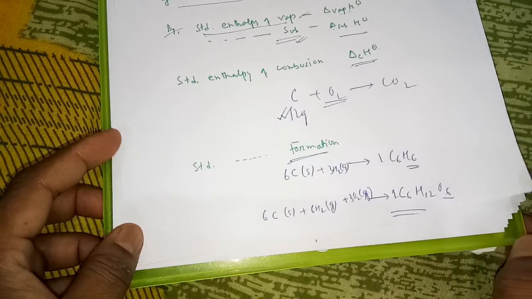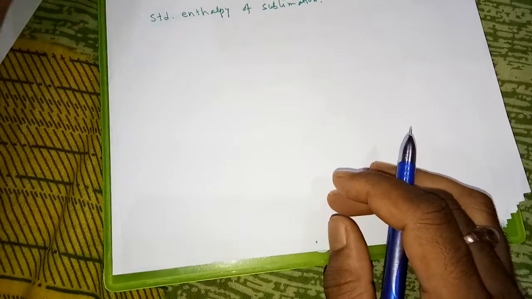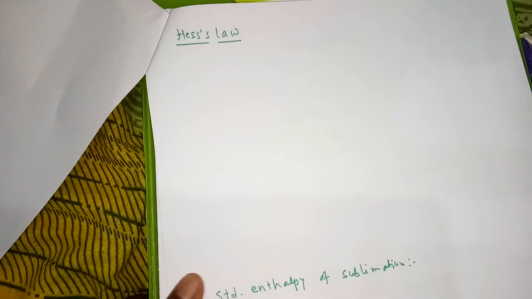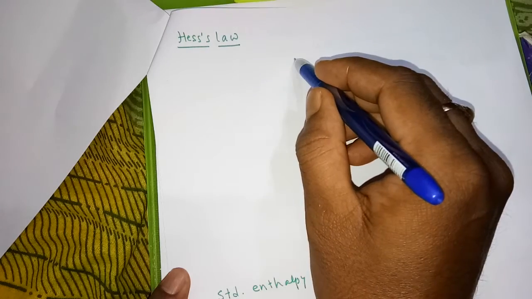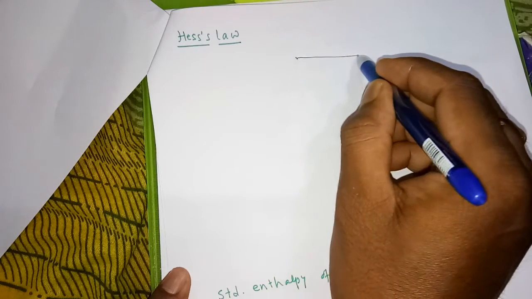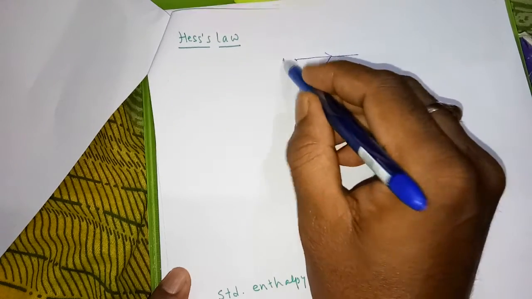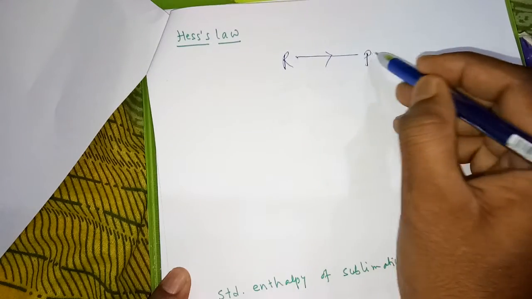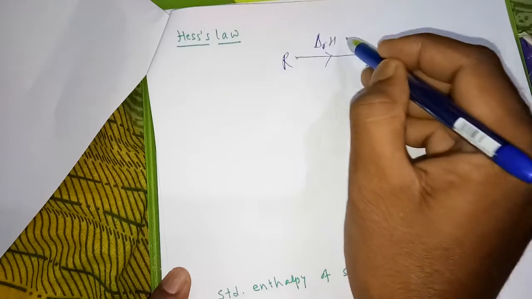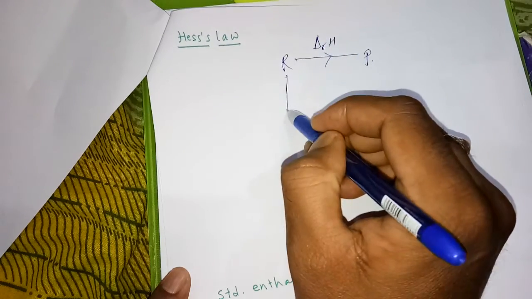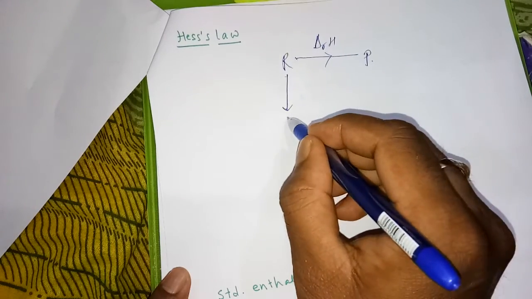Next, we are doing one important law. This is Hess's law. According to this, consider the enthalpy change during a reaction. If a reaction is done in one step, reactant to product, then you have del R H, the enthalpy of the reaction. If you do the same reaction in several steps,